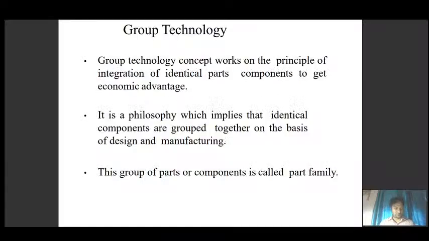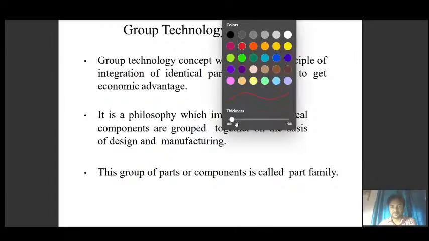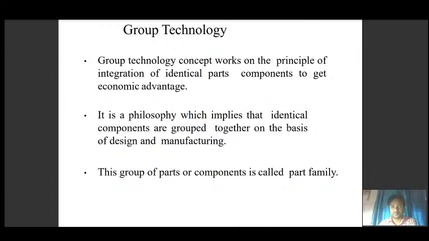Here what we do in group technology, actually we integrate the grouping. We will do the grouping of the parts.